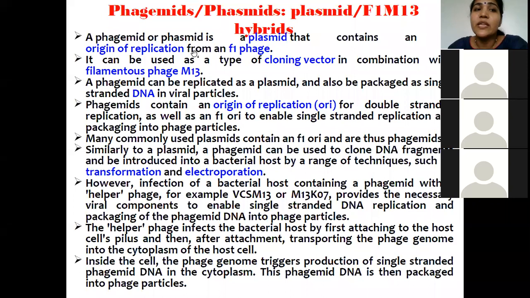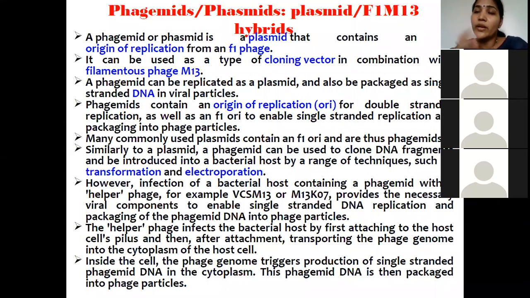So, phagocytes are nothing but the combination of plasmid and phages, and at a time they can act as a plasmid, and at a time they can act as a phage also. And that is what we will be using it as. If you are a researcher, then rather than buying plasmid and phage vector separately, you can probably buy this phagocyte only. And you can use it according to your own will and wish, right? So you don't have to go for any specific one.